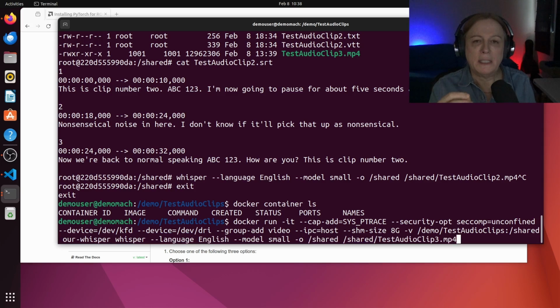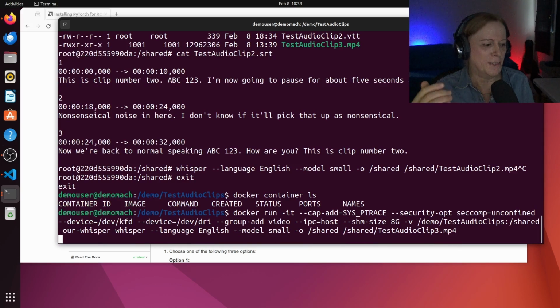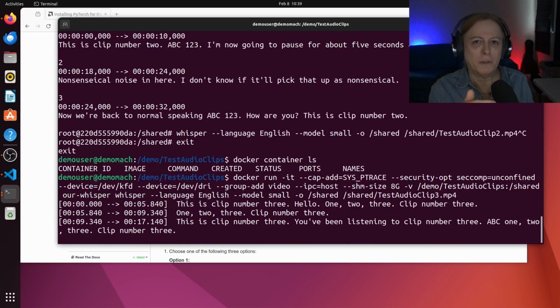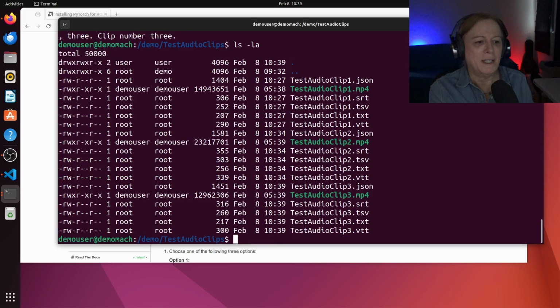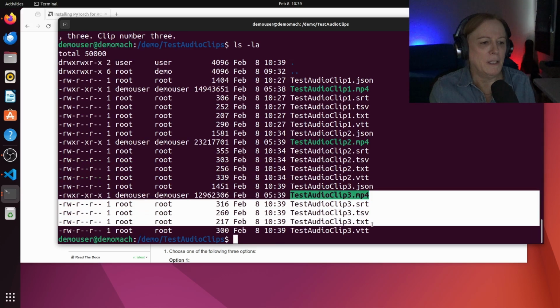What we're expecting to see is something similar to the last run. It's going to go relatively quickly because it already has the small model, but instead of us having to type in a command, it's just going to run the command for us and exit. Let's run it. So I'm going to hit enter. It is starting the container. It's doing the transcription. And there it is. This is clip number 3. And as you can see, it's finished. But not only that, if I do ls-la, you can actually see in this folder, there are the transcription files